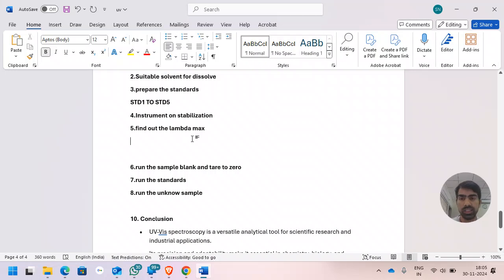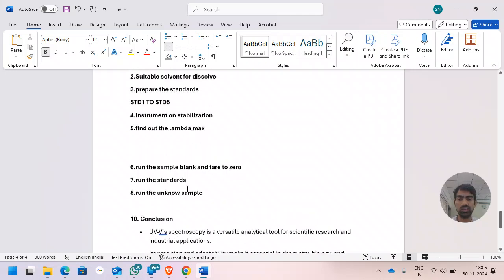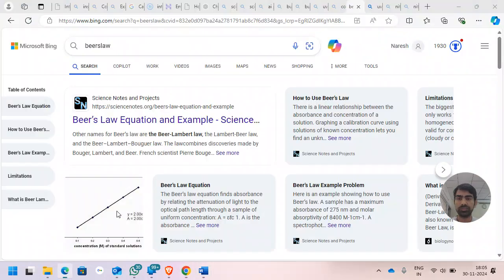Lambda max is nothing but the wavelength at which the sample gives a good, maximum value at a certain nanometer. That nanometer is called lambda max. To find out the lambda max,